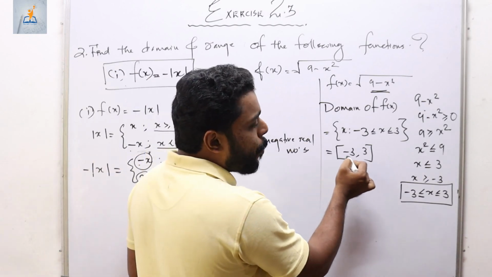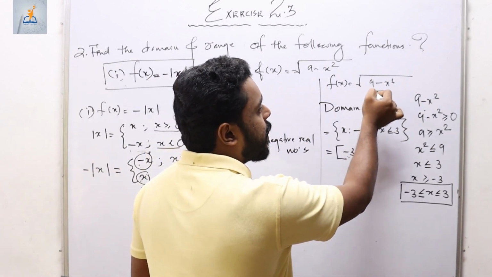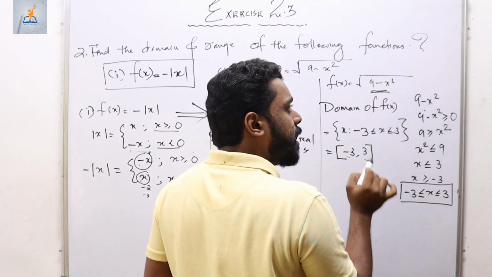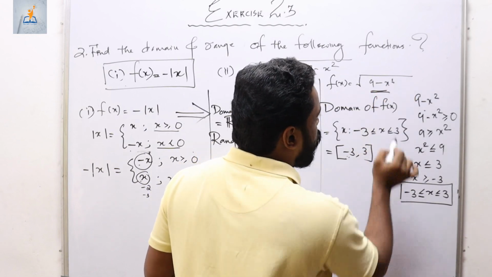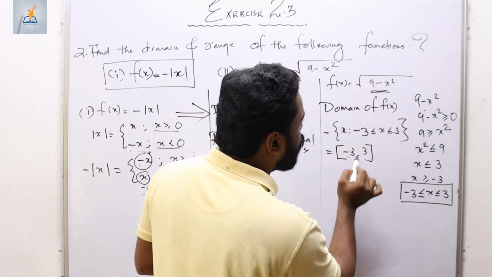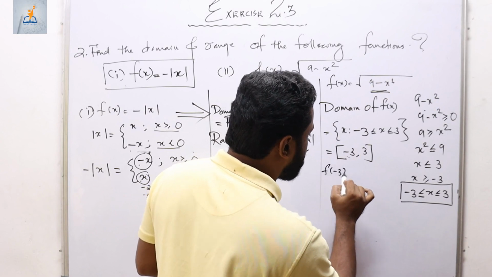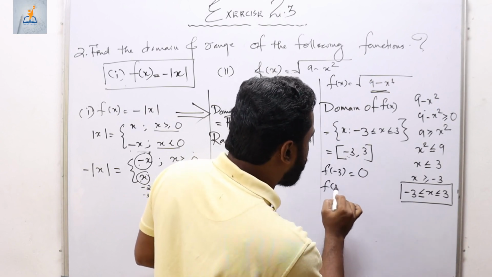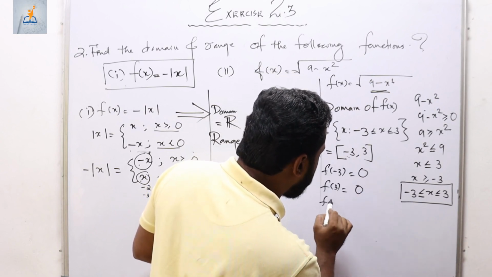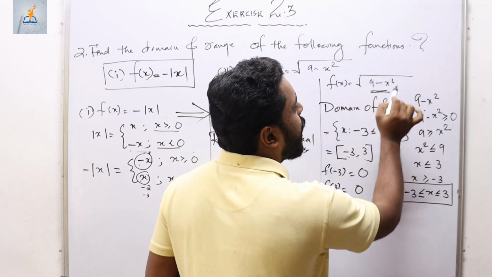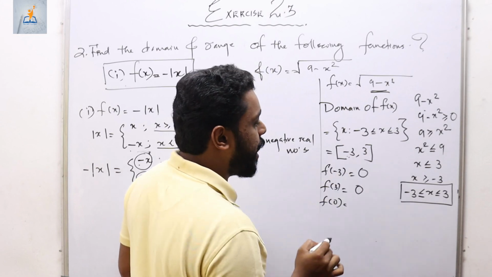See, if we put the least value minus 3, then the function will be 9 minus 3 square, which is again 9. So 9 minus 9 will be 0. So if we put the least value, the functional value will be 0, which means that we can find f of minus 3 is 0. Similarly, f of 3 is again 0. And f of 0, what is f of 0? If we put 0 here, it will be square root of 9,